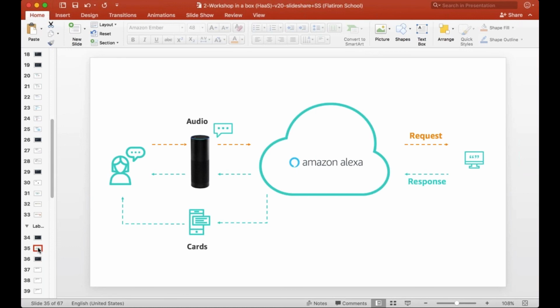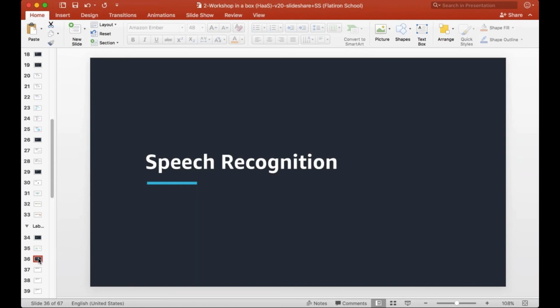Now, your Lambda function figures out what to respond with, and then it sends off the response again in a JSON format. Which means the response is still being sent back to Alexa in text format, and then Alexa converts that into speech using the text-to-speech engine, which is again sitting in the cloud. The audio response goes back to your Echo, and if there is a card that the skill is also sending back, that goes into the Alexa app that the user has installed on their phone.